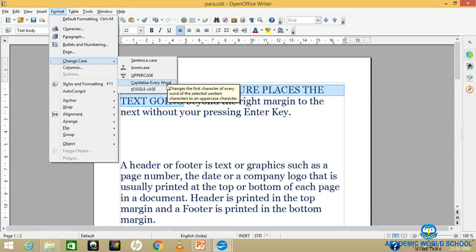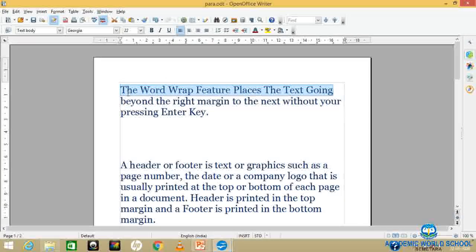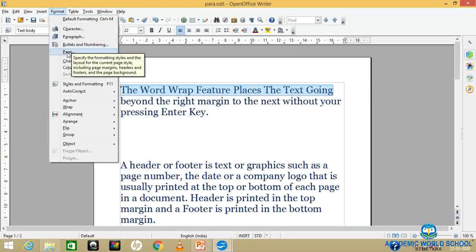Now sentence case, let's see sentence case. In this, the first letter of the first word in a sentence becomes a capital. So this is sentence case. Now toggle case, let's see.